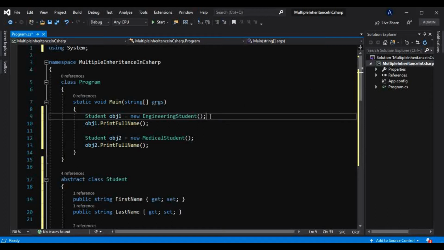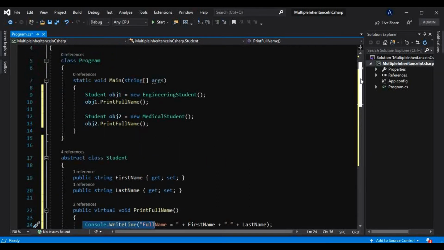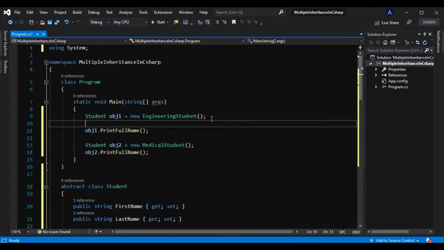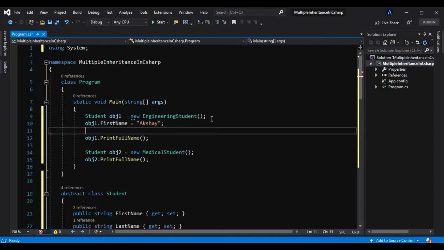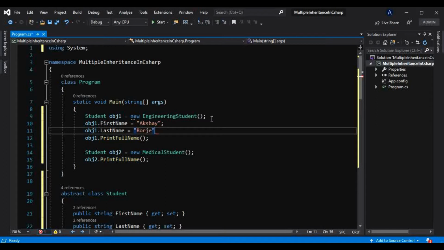But before that, we know what this print full name is doing. It is concatenating the first name with the last name and showing it onto the console. So for that we have to initialize those properties, that is first name and last name. So I will initialize those first name and last name. Let's say Akshay is the first name and Borje is the last name.